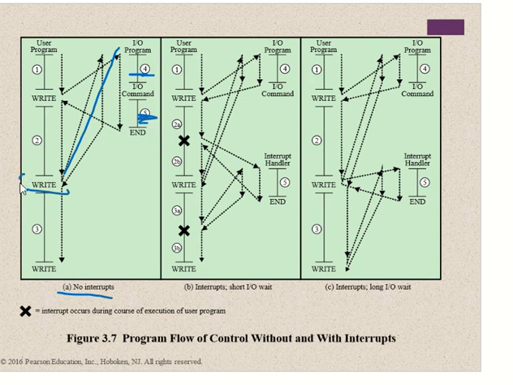So during this time, again the CPU sits idle. So plenty of CPU time is wasted here. Okay, so this is no interrupt. Let's look into when we have an interrupt. Let's see how it works.